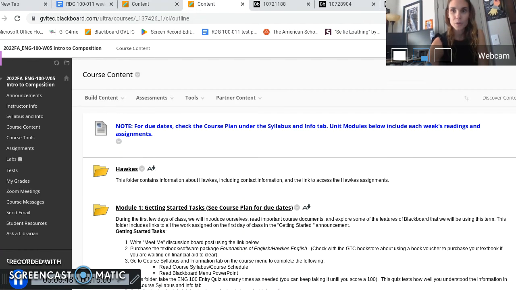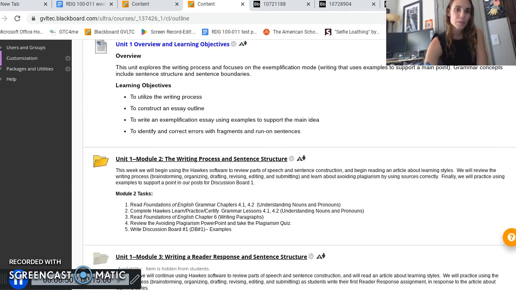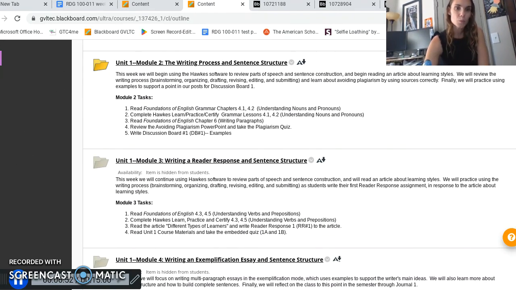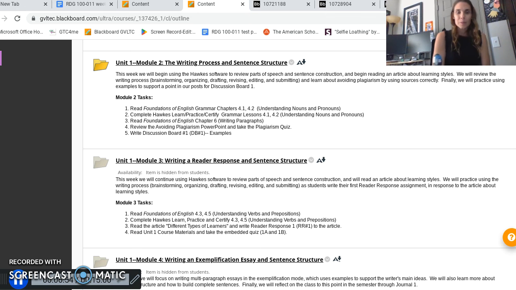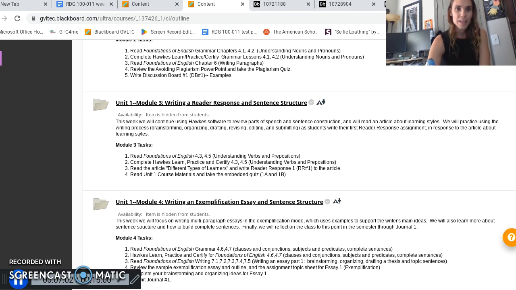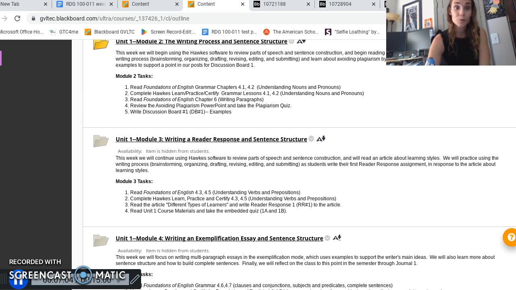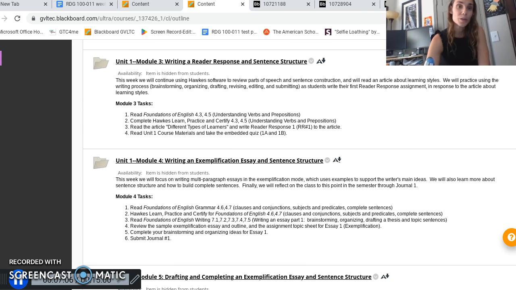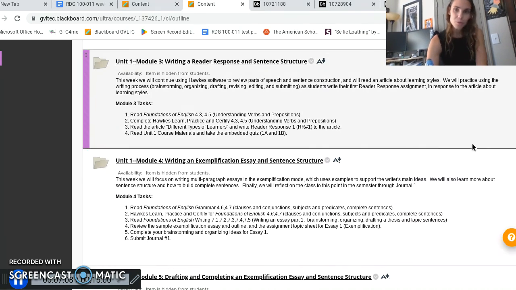And now, as you know, we are up to Module 3. Please do your best to send work in on time. You don't want to get points off for lateness, or some of the assignments won't get accepted at all if they're late. You have all week. You know what the expectations are. They're right here for you. So obviously Module 3 is for week 3, Module 4 is for week 4, and everything is here.